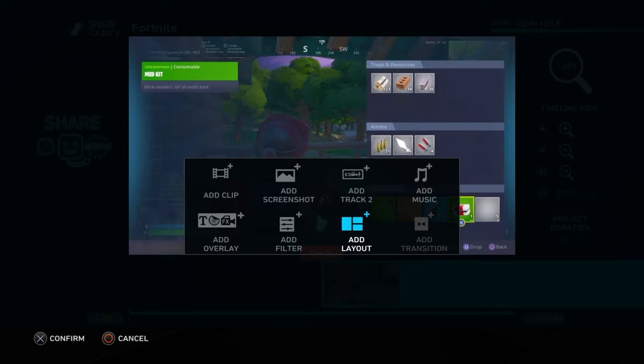So add the transitions. I'll show you how to get to that in a second, but it is unavailable right now, or at this time. But first, if you wanted to add another clip, or if you had too long of a length of your video and it cut off half of your video clip that you have already, you go to add clip